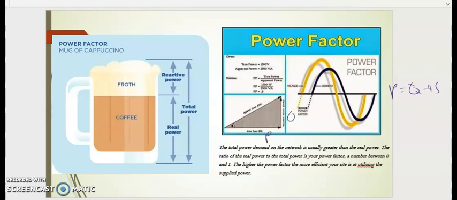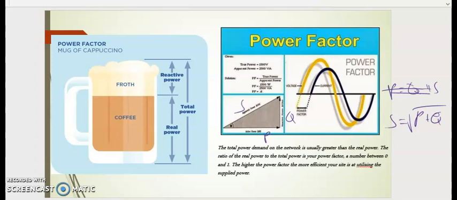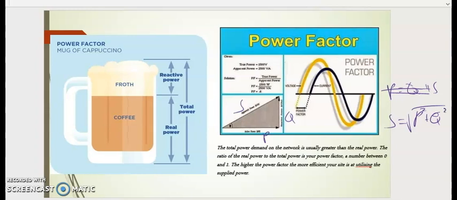So this is P, this is Q, this is our S. So S squared is equal to P squared plus Q squared. We have the real power, we have the reactive power, and the sum is our VA, or the total power that is absorbed or delivered to the load. So if you measure in terms of